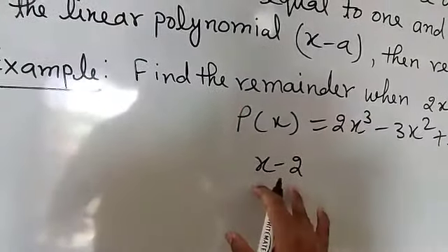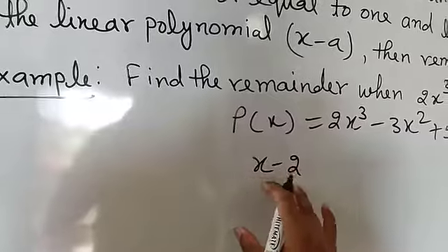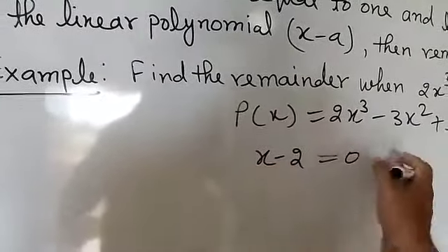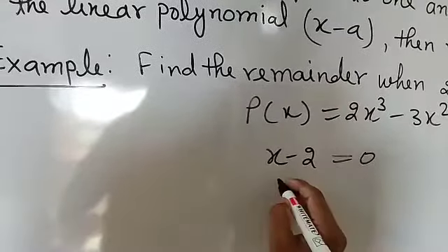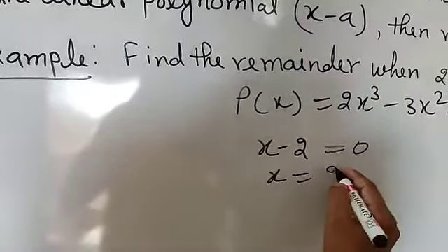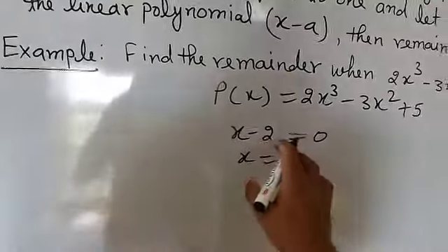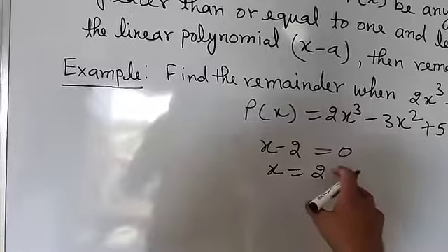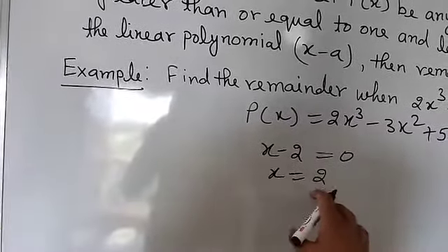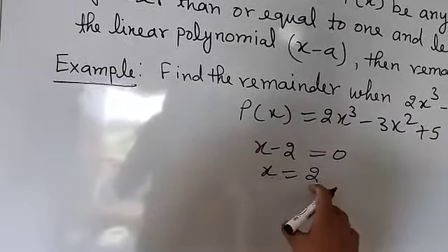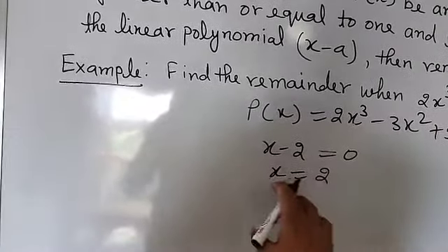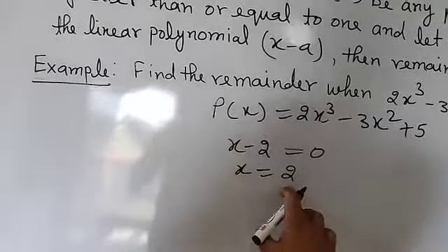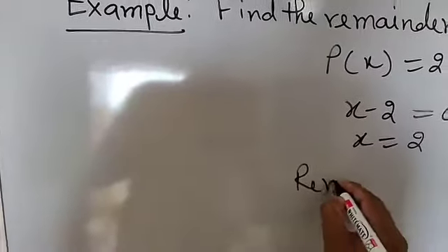So in the question, if the remainder is asked, then put the divisor equal to 0, and after that find the value of x. If you transfer minus 2 to the right side, you will get x equal to 2. So when you put the divisor equal to 0, you will get the value of whatever variable is there. Here if you replace x equal to 2 in that dividend, then that will be the remainder. It means remainder equal